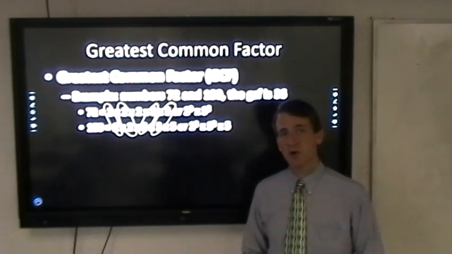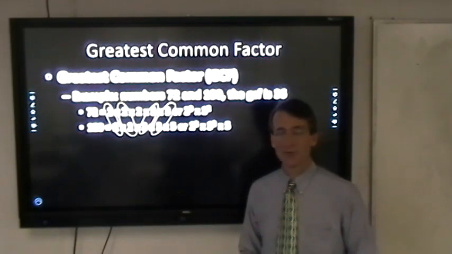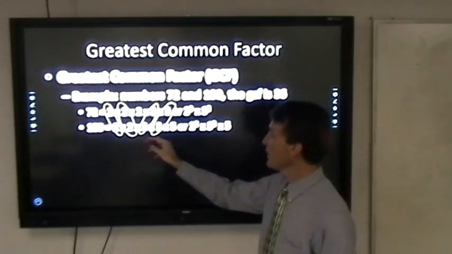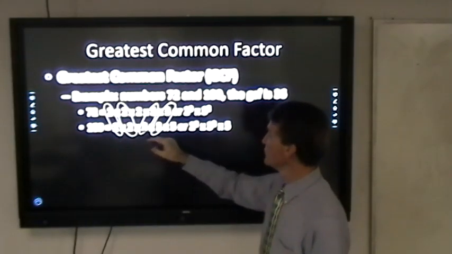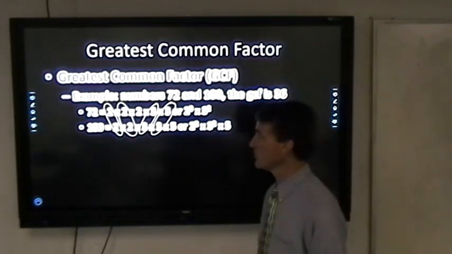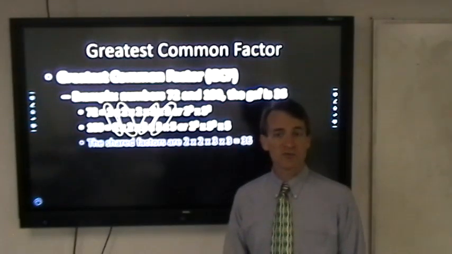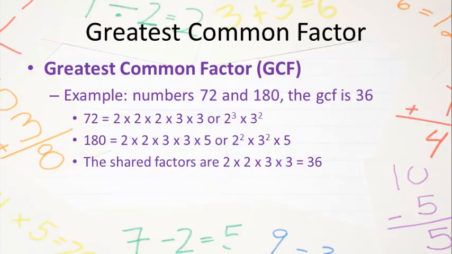So it's not common to both, so I cannot take both. Now if I look at all the numbers that I have circled, I have a 2, a set of 2s, another set of 2s, a set of 3s, and another set of 3s. So if I multiply those values together, the 2 times 2 times 3 times 3, I get my greatest common factor